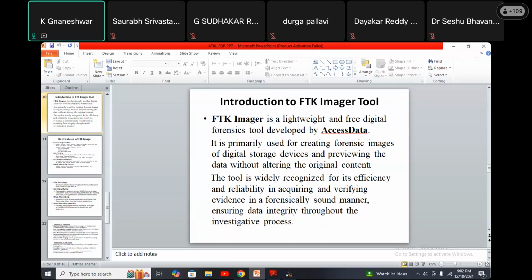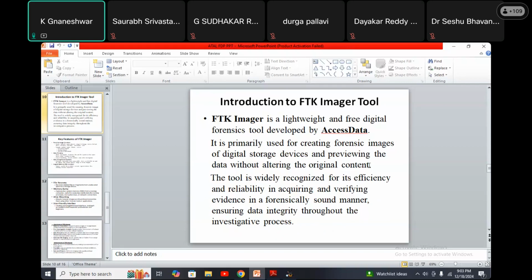If I create one duplicate with the help of FTK, there are no manipulations. Even if we lose the data in the original pen drive, that data is available in our unmanipulated data, which means duplicate data. Okay, that is a major important point.